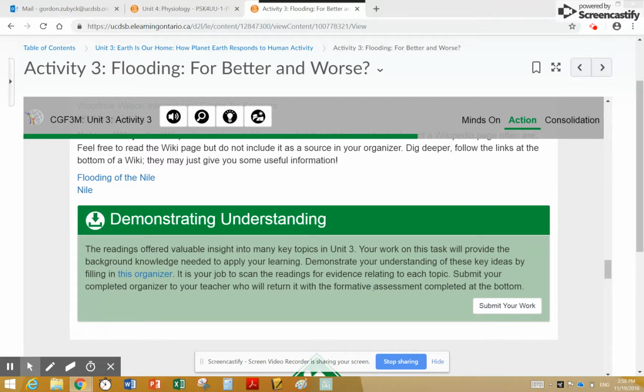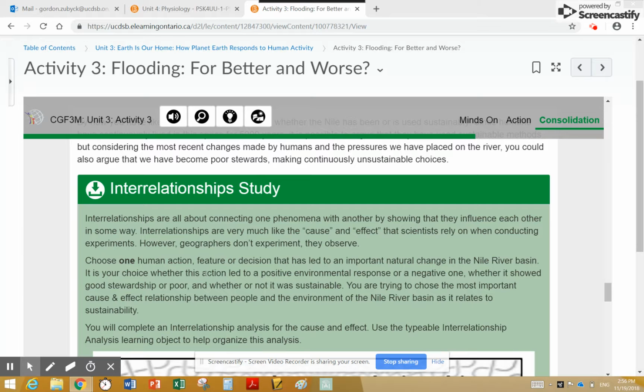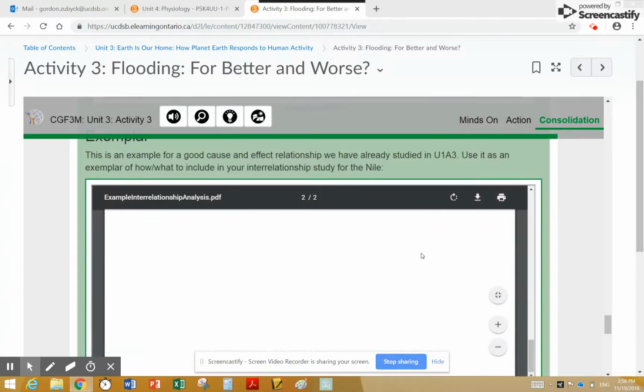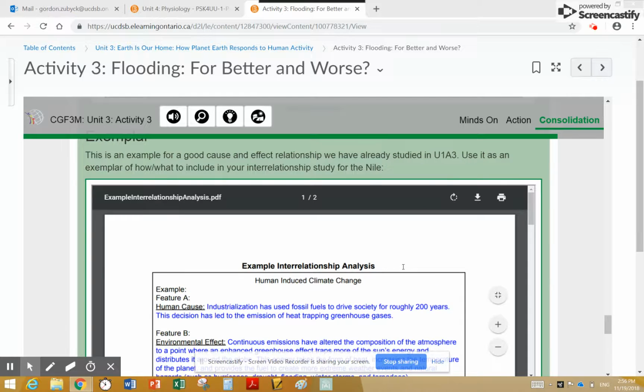What you're supposed to do now is complete this organizer using the information that you can find on the Nile. Then your final consolidation piece is an interrelationship study. Pick one human action, feature, or decision that's led to an important natural change in the Nile River Basin. Once you've picked that, you can use this here. Again, we've got all the different steps for an interrelationship, and here's an exemplar of what it should look like. This gives you an idea of what you can create